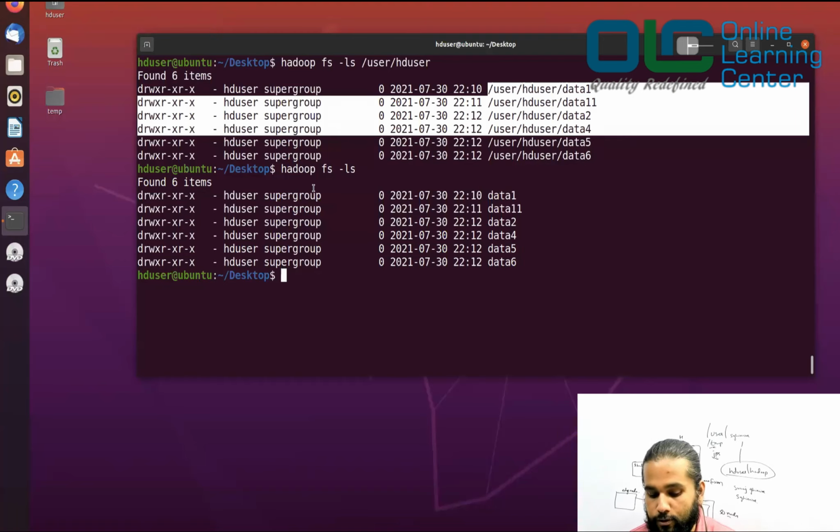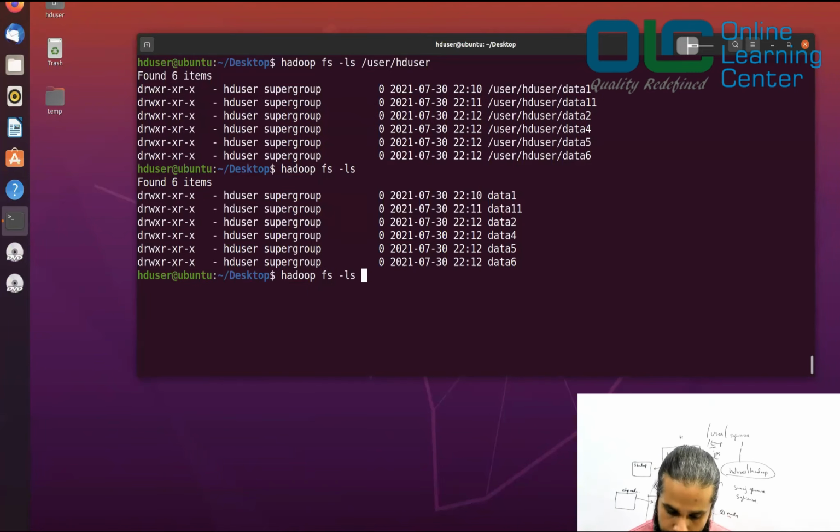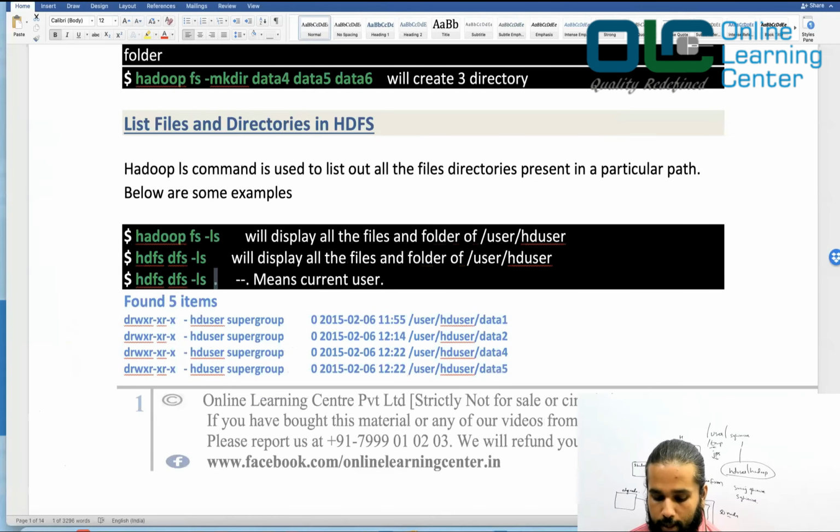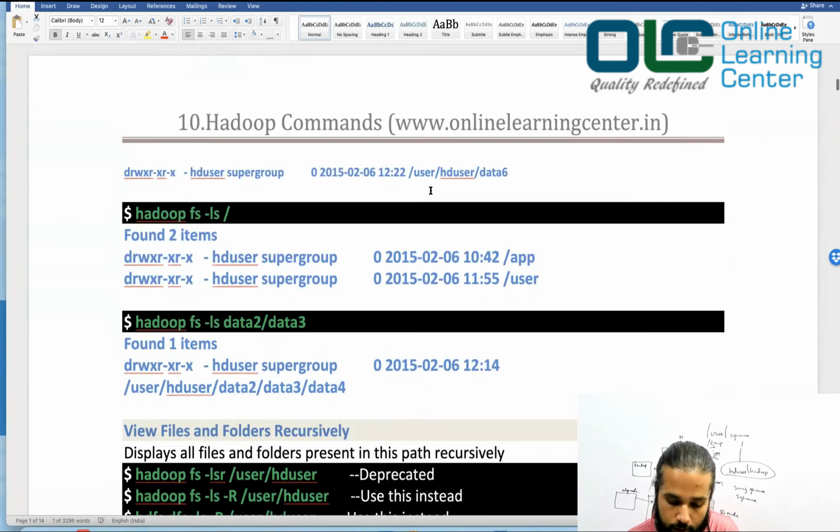But when you said hadoop fs -ls, it just gave the data directory name itself without the path. You can also do it like this with dot, and this also gives you the same output. I hope you're understanding what I'm trying to convey here, that every user that gets created in your Hadoop environment would have /user/that user name. Okay, now let's move on.